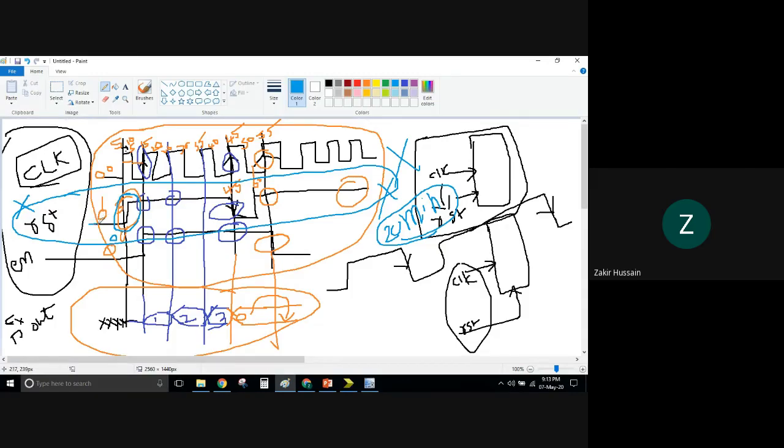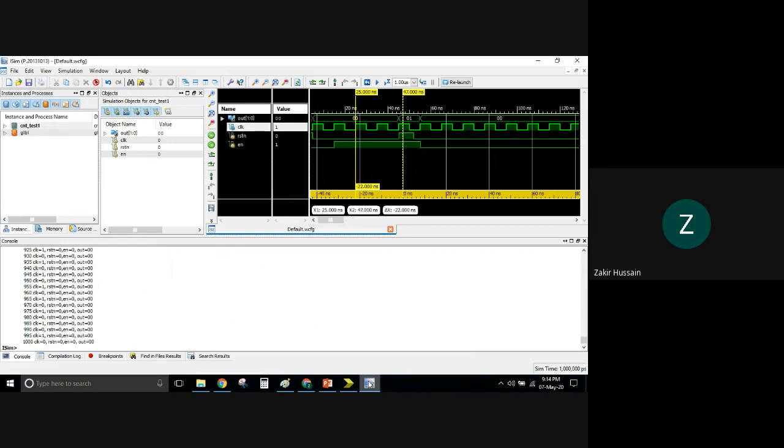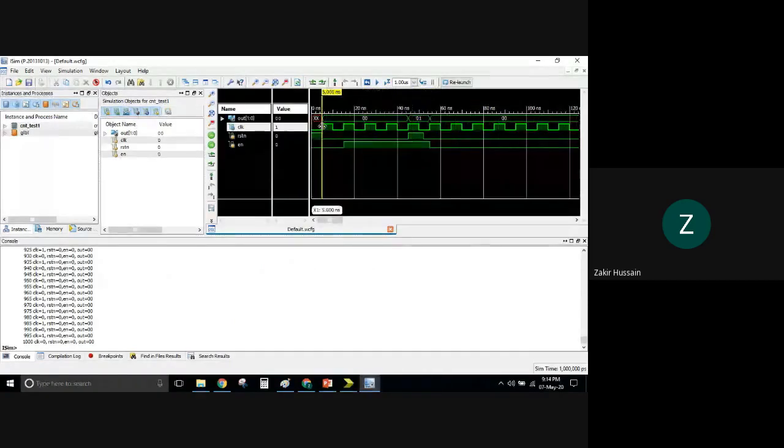It should have been first 1. This is 1, not 0. And then from this portion onwards, it would have gone entirely 0. And at this portion, it would have come 1. And then at this portion, it would have gone 0. So the mistake is with the reset. That's the reason why, if you see, the moment when we have the clock 1 and reset 0, you see the output 0, 0 has come. Otherwise, it was earlier running like X only.